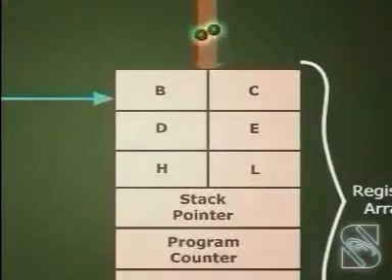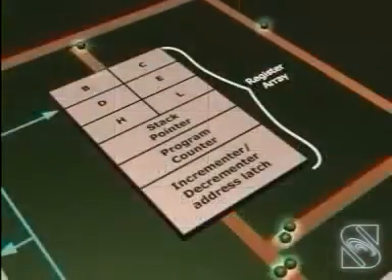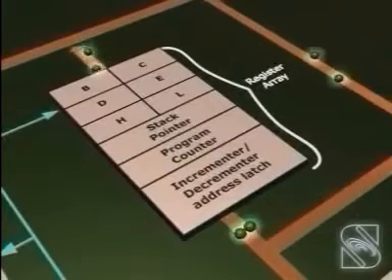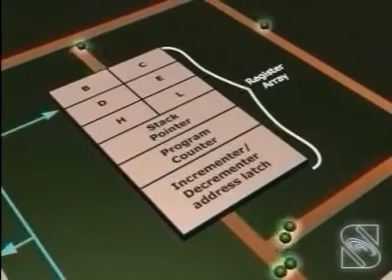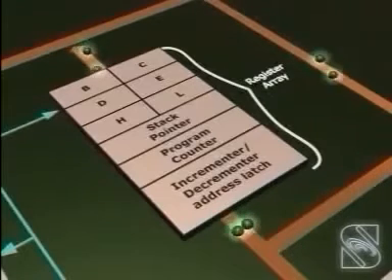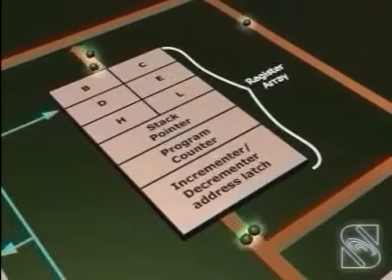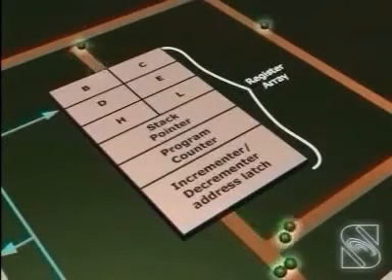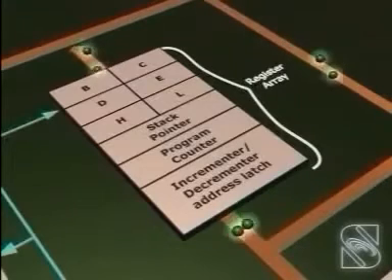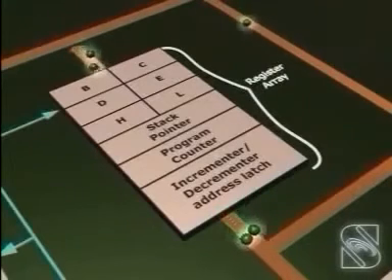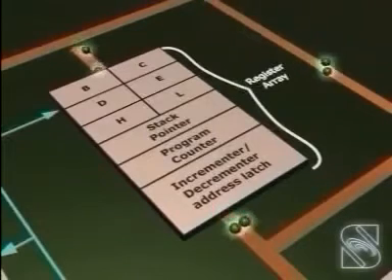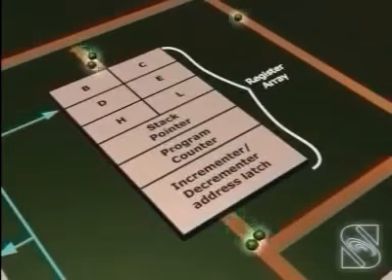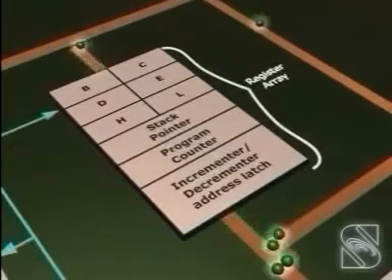Program counter or PC. This 16-bit register deals with sequencing the execution of instructions. This register is also a memory pointer. The microprocessor uses this register to sequence the execution of the instructions. The function of the program counter is to point to the address of the next instruction to be executed. At the end of the execution of an instruction, the program counter is incremented by 1, pointing to the next memory location where the next instruction is available.